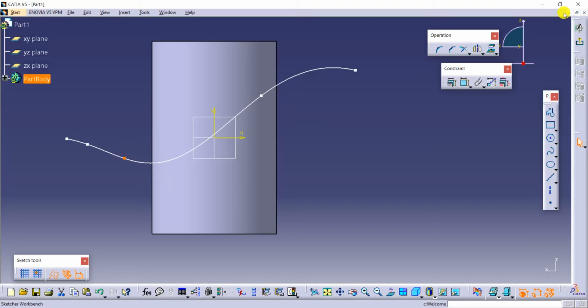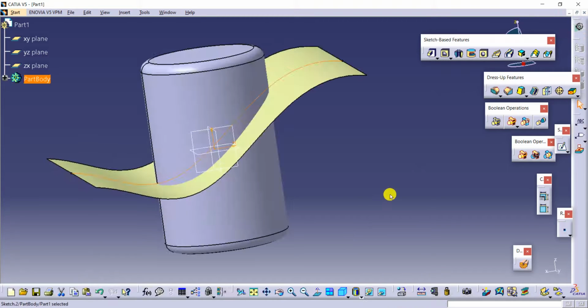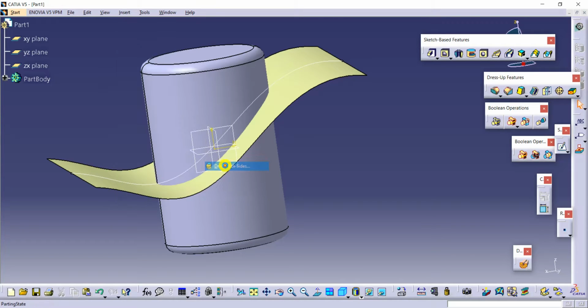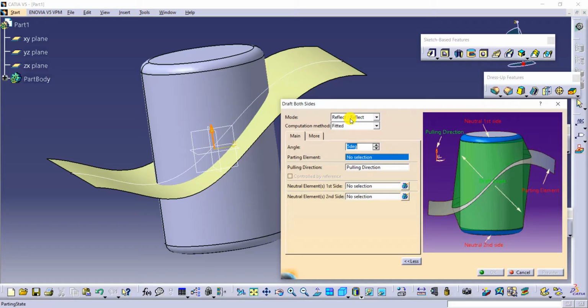Now I'm going to advanced dress-up features, draft both sides. Here, if you select the first one, we have to select the parting element. The parting element is again the surface, and the pulling direction will always show normal to the face. Next here, neutral element side one. See here, the neutral element is not this face.